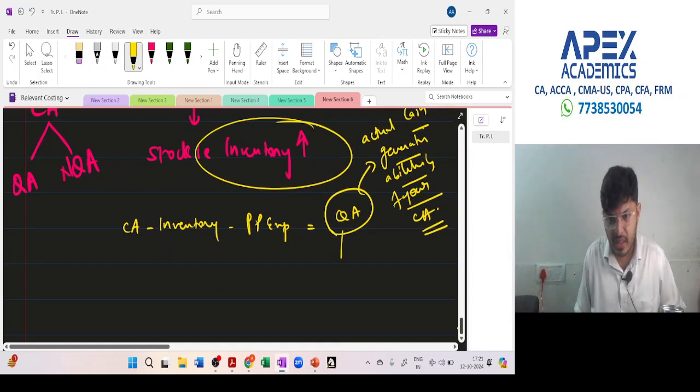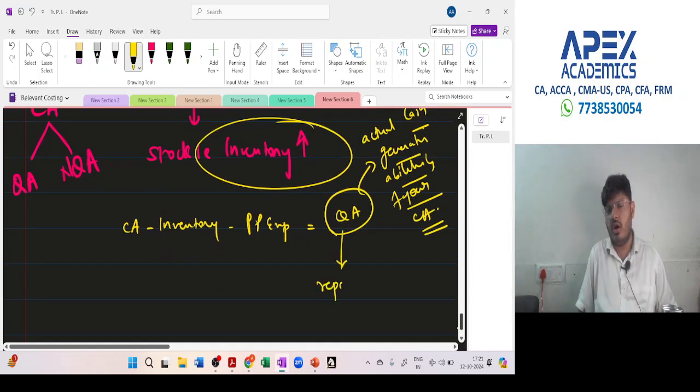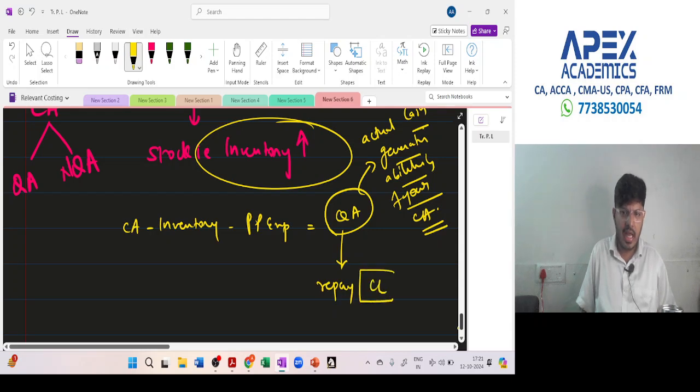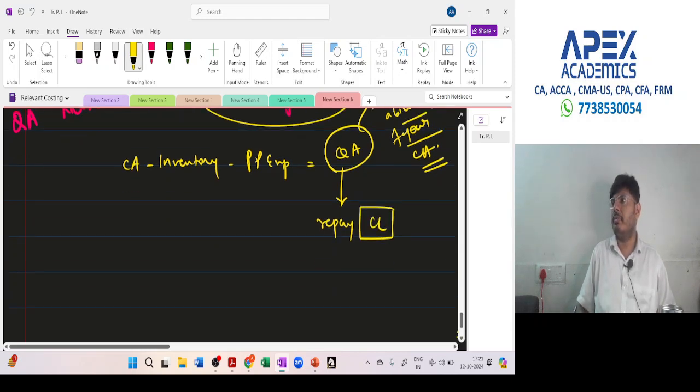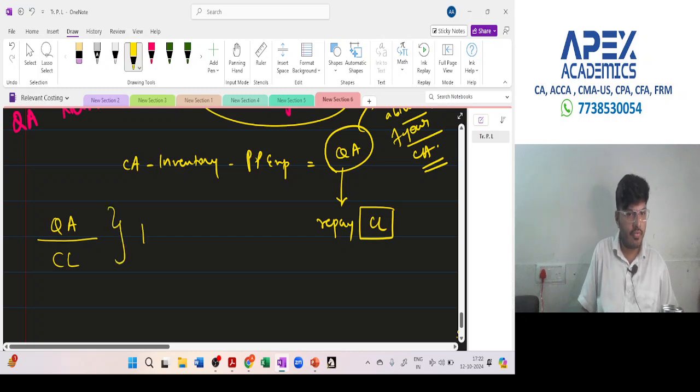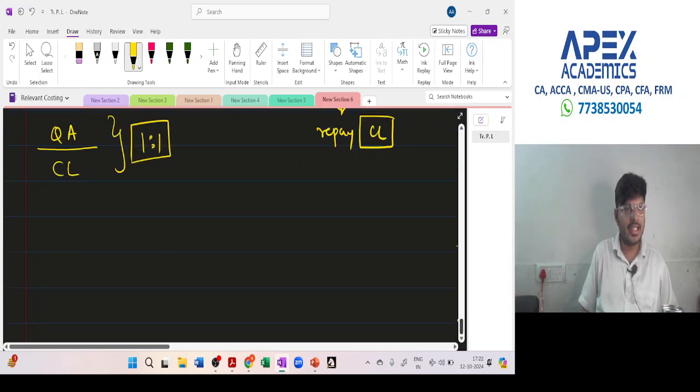Now, do you have enough quick assets to repay the current liabilities? So the question is, for 1 rupee of current liabilities, how much quick assets do I have? The rule of thumb for this ratio is 1:1. So my dear friends, please understand, when I say quick assets upon current liabilities,